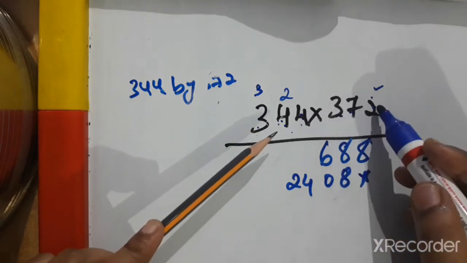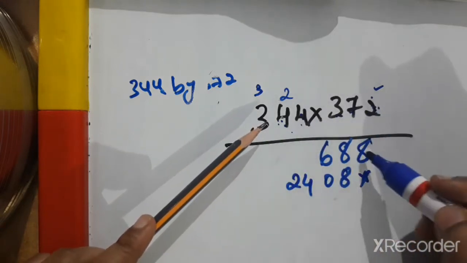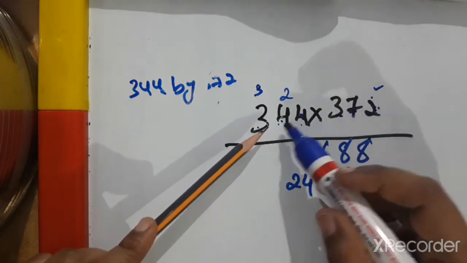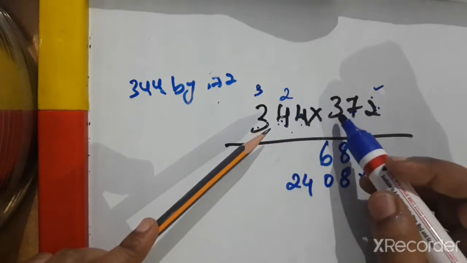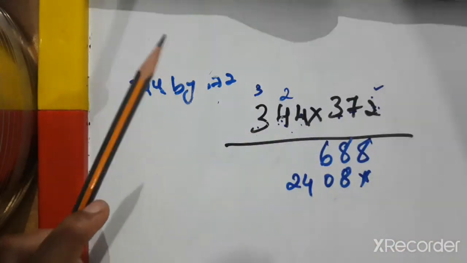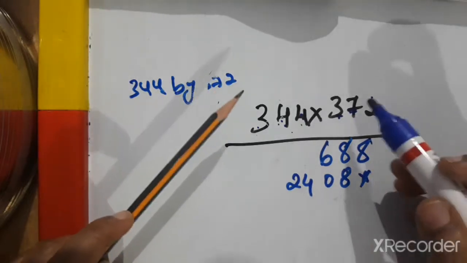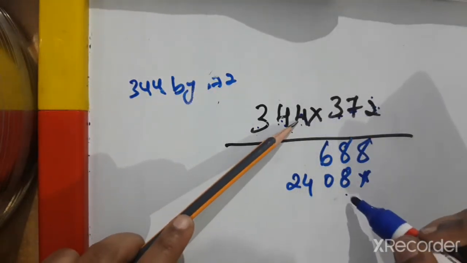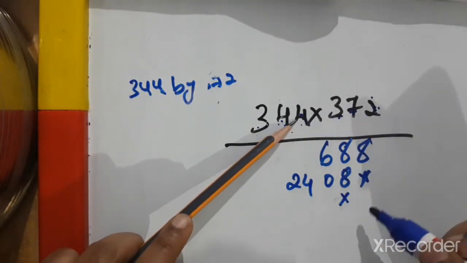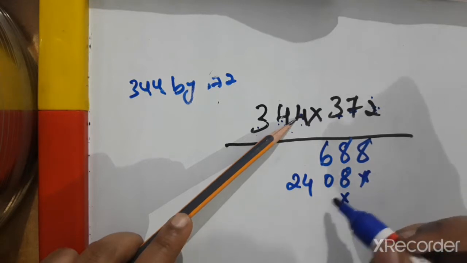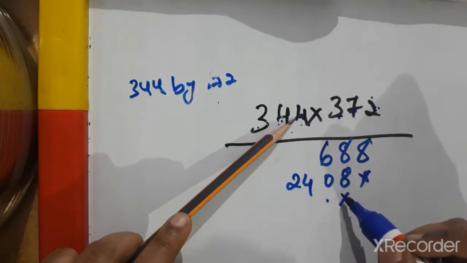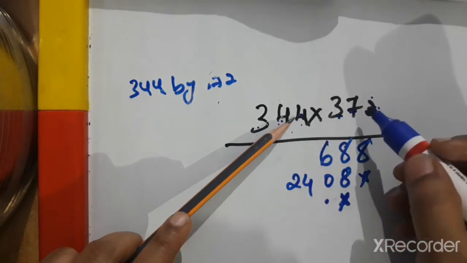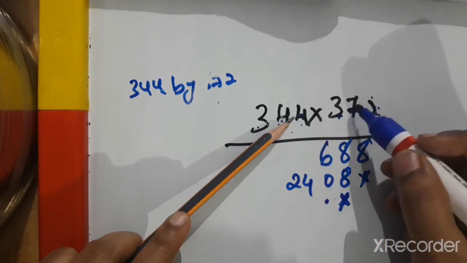Now 3. With 2 we multiply each number, that is the first line, and with 7 we multiply each number, that is in the second line. Now with 3 we have to multiply each number. Okay, now 3 4s are 12, so again we have to leave one place here. Each line we have to leave one space, so this is empty. Now we have to start here. So 2 and 7 multiplication is over.